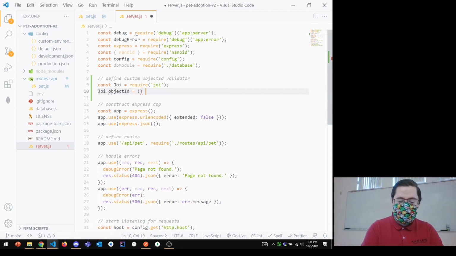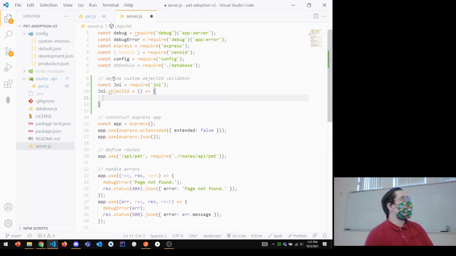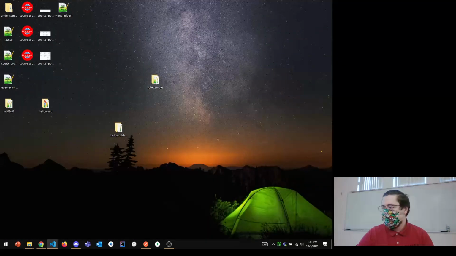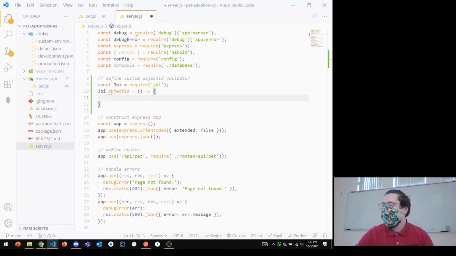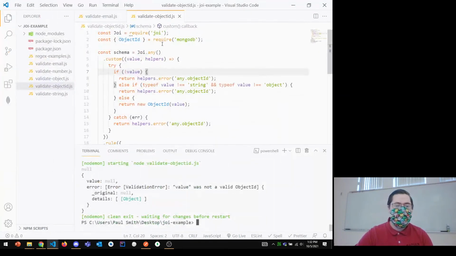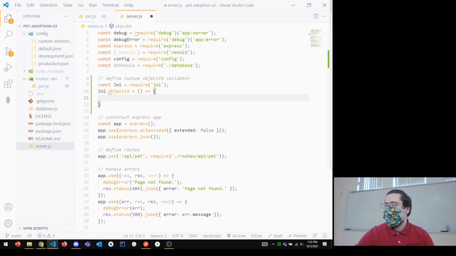Okay, so we're going to assign it to Joi.objectID. So I want to define a function. That function's not going to take any parameters, and it's going to go do something. Namely, what I want it to do is to return our little custom validator that we wrote. Everybody on board there? I want to return the little custom validator that we wrote. So if I bring that code over, I had it open somewhere here. We wrote this code to define it. What I would do is come over here and say return